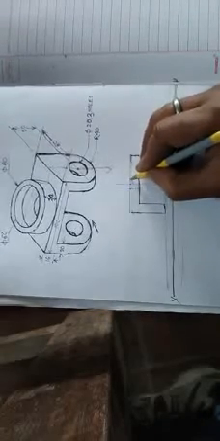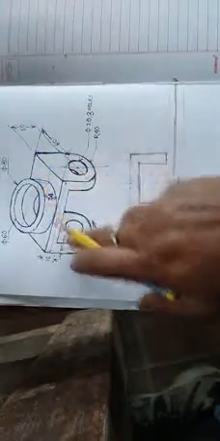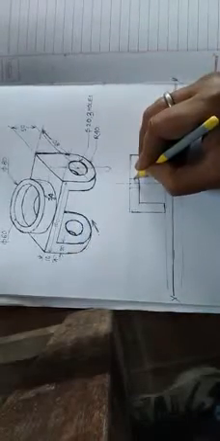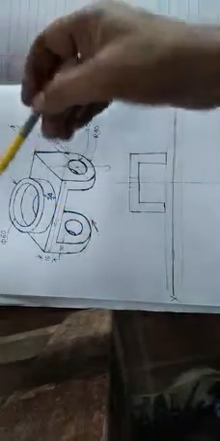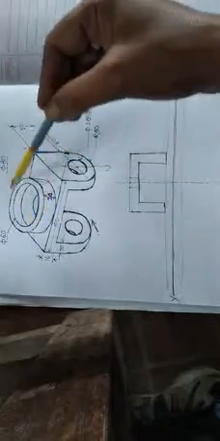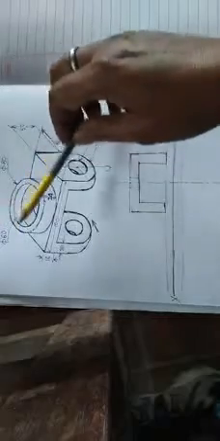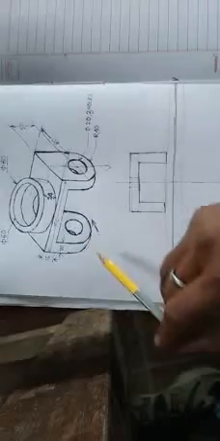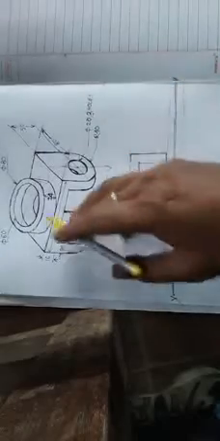This is 10 millimeter. If it is not a sectional view, then we can't see this hole from the front view. So draw a hidden line here. Understand? If this body is not a sectional, it means we can't see the hole from the front side, from the front view. So draw a dashed line here, that is a hidden line.